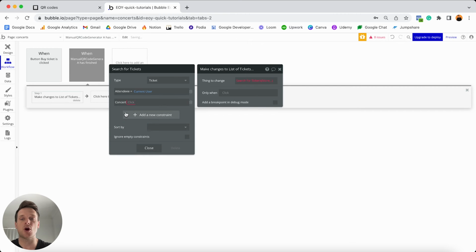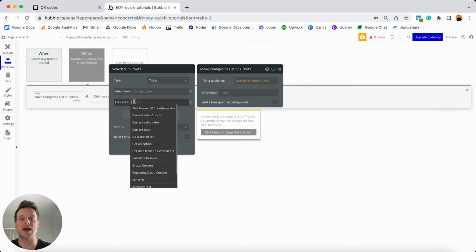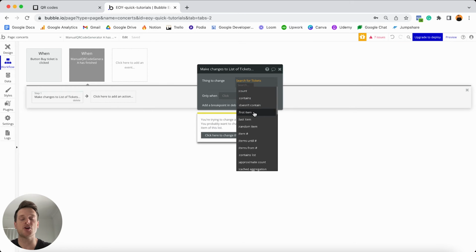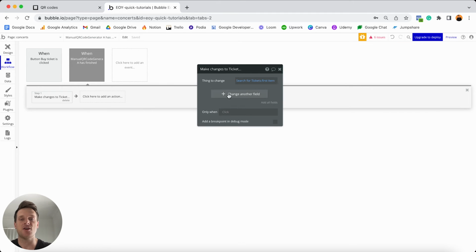And where the concert equals the same value as the current sales concert. So that is the concert that our QR code element sits within. And of course, because one person will only buy one ticket to this specific concert, what I'm going to do is recognize the first and only item in our database, from which I can then update the QR code image